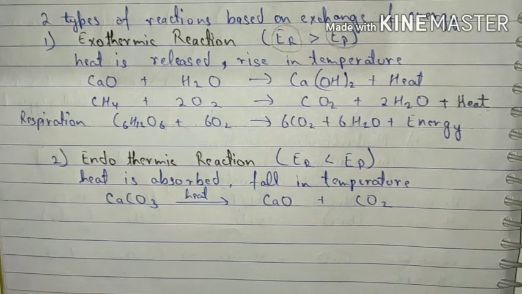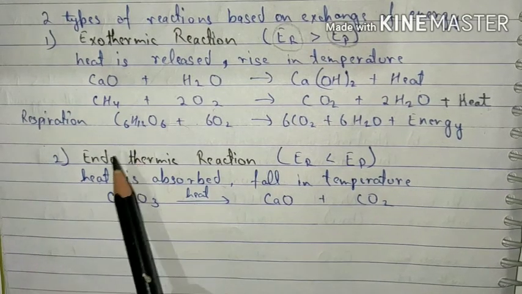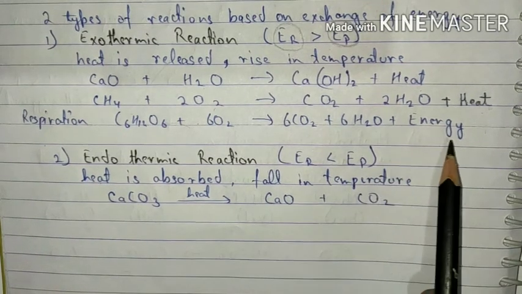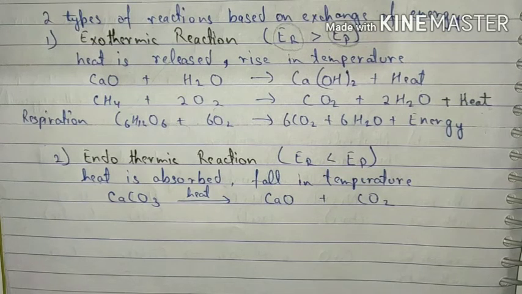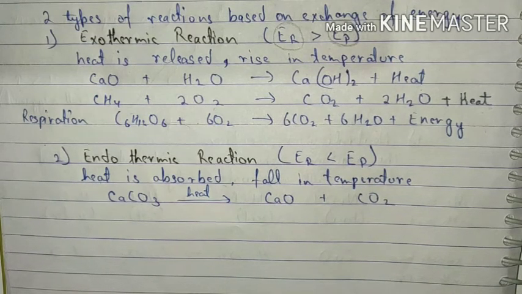Students, our respiration process is also an example of an exothermic reaction. When we breathe in oxygen, it reacts with the glucose present in our body to produce carbon dioxide, water and energy to do work. Also, you can observe that when you inhale, the air is cool. However, when you exhale, the air is warm, which shows that this is an exothermic reaction.